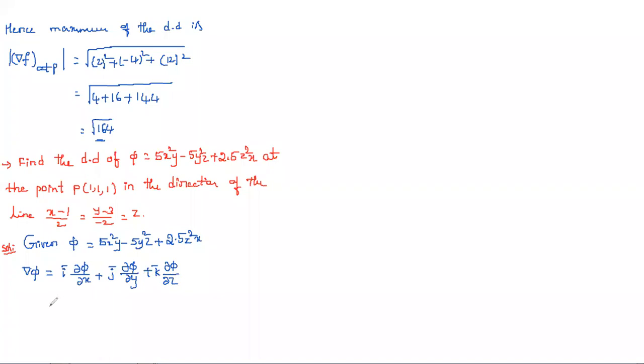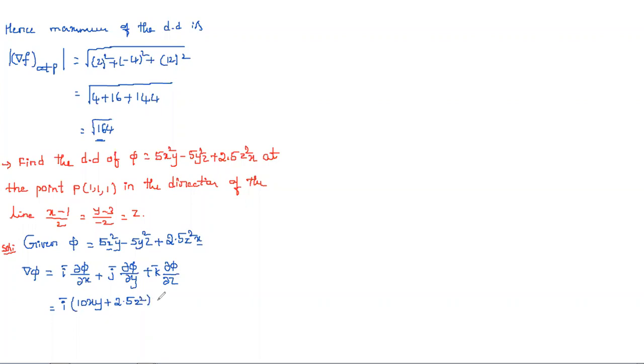So z is equal. So del phi by del x means with respect to x: x square, its derivative is 2x. Already there it is having 5, so that's why 10xy. And here again x coefficient is there, so plus 2.5 z square